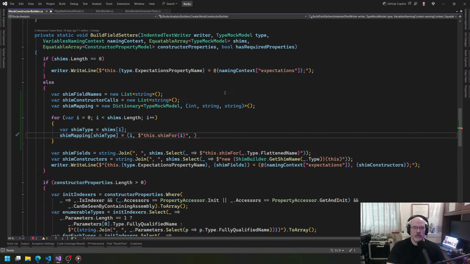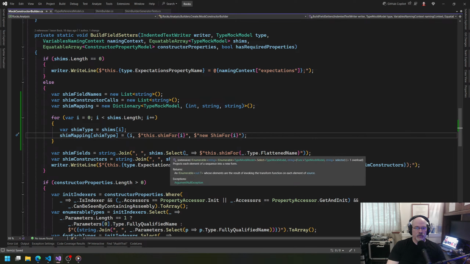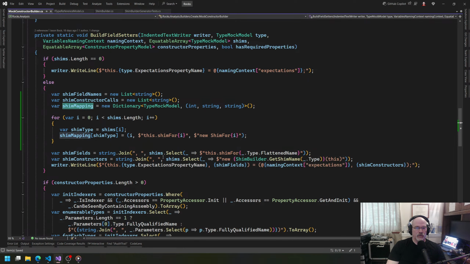So then we could say here new shim for i. There. So what we're doing here is we're getting the field name. We know what the index is. We're getting the field name, and then that's going to be the type name. And so then all the fields here are